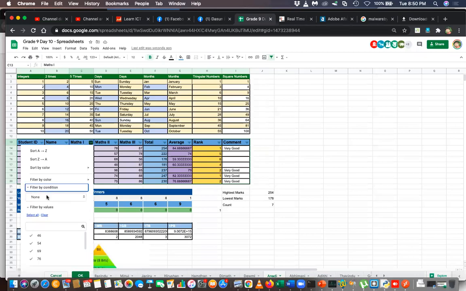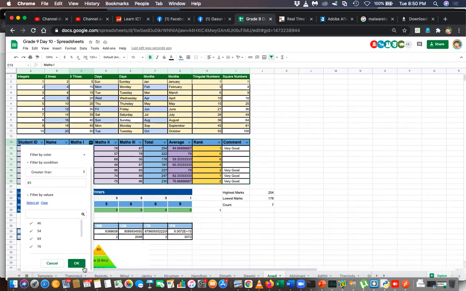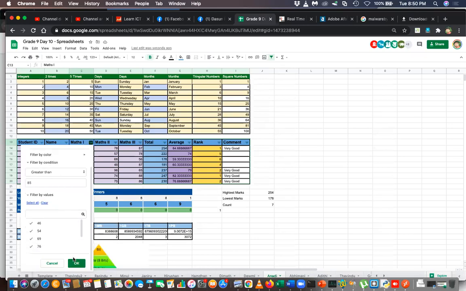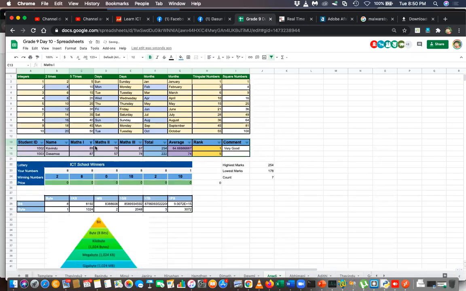There you select greater than, then the formula 85. Then it will filter the values of match 1 mark which are greater than 85, and then click OK. So see how to do it. In the filter menu, filter by condition greater than 85, then click OK, and you will get marks greater than 85.